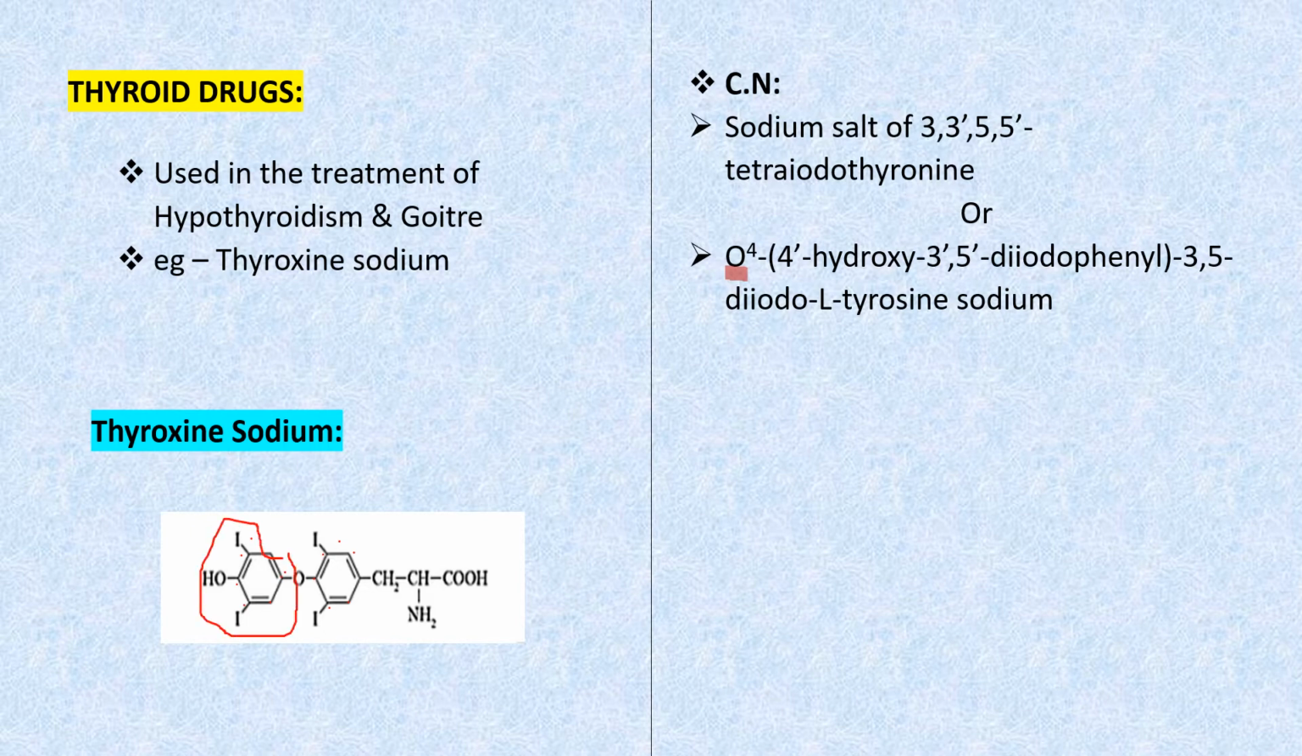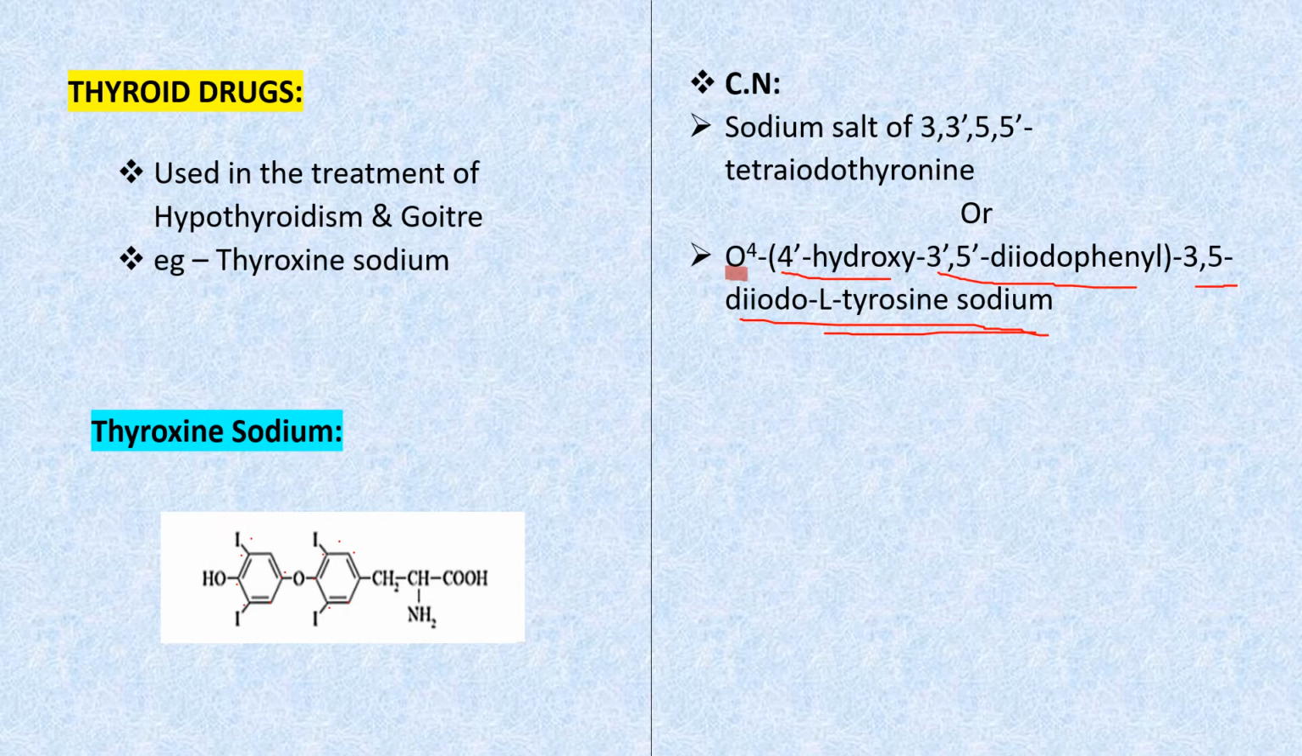What is the name of this substituent group? The name of the substituent group will be 4-hydroxy-3,5-diiodophenyl, and the name of the basic structure, that is 3,5-diiodotyrosine sodium. That is the chemical name of your thyroxine. You can give in both ways. You can use this chemical name, that is also correct. If I consider the basic structure as thyronine, or if I consider tyrosine, that is also correct. In this way, I can give the numbering to the structure of your